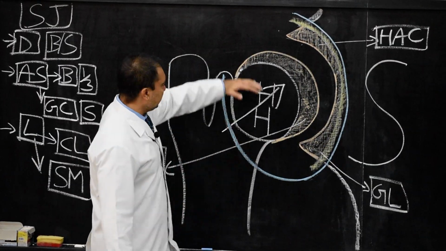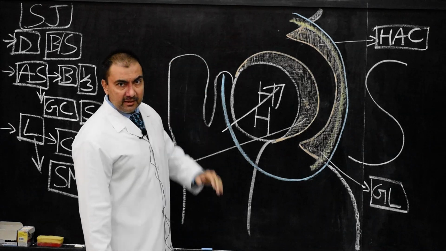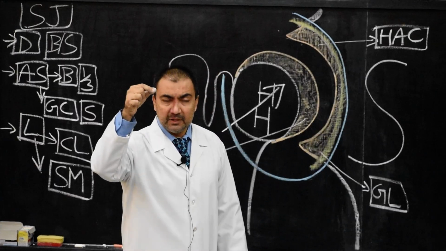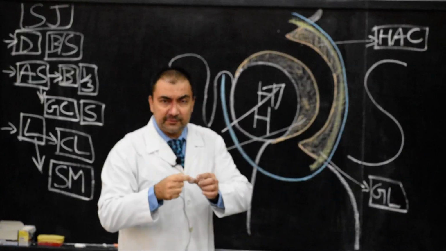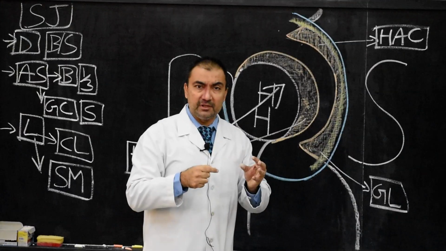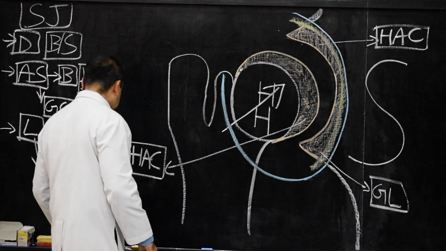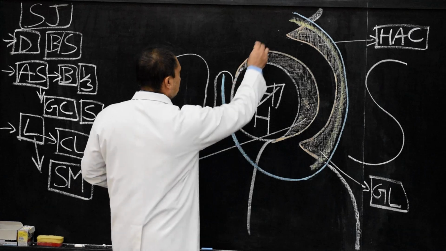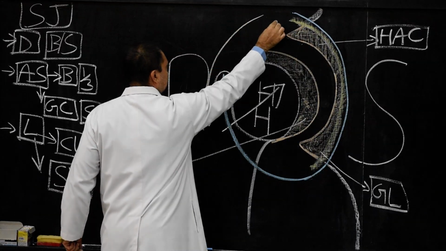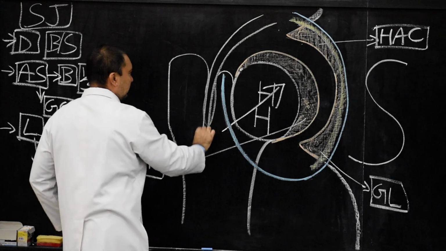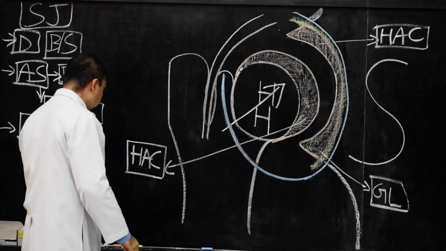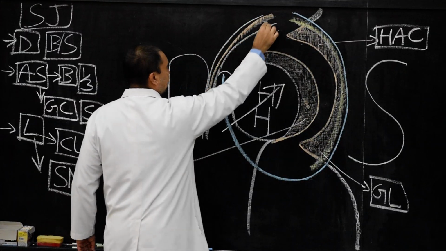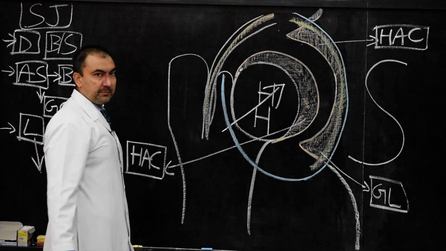The first place will be superiorly. Superiorly, there will be a small deficient portion for the passage of long head of biceps brachii tendon, which is covered by synovial sheath. So, as the long head of biceps brachii muscle passes covered by synovial sheath, I will show here, when it passes covered by synovial sheath, this is synovial sheath, in which there will be the long head of biceps brachii muscle which is passing.